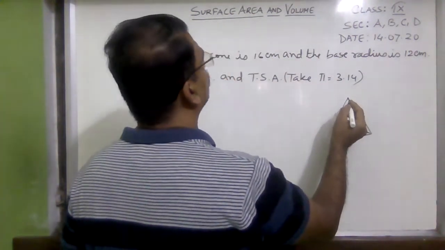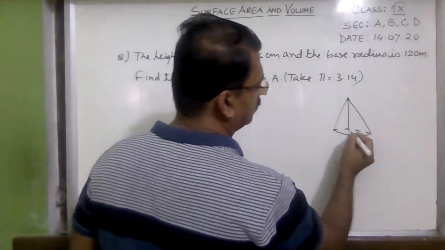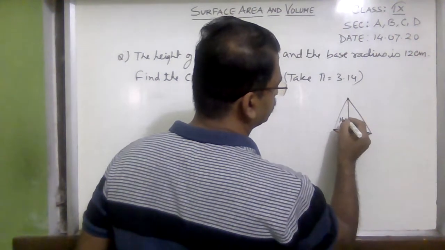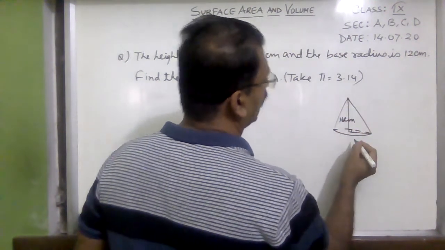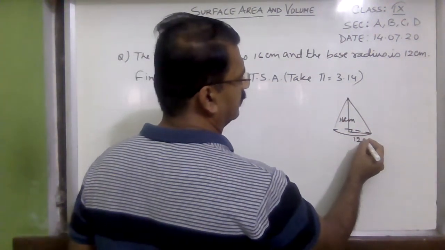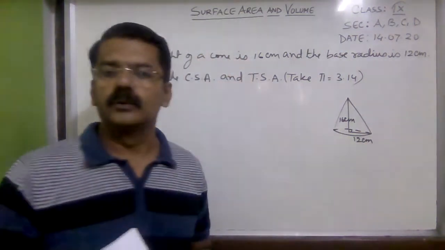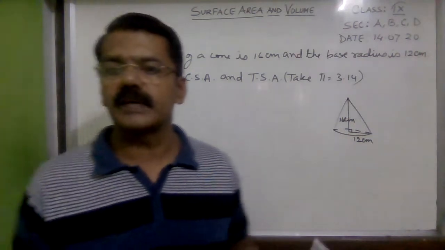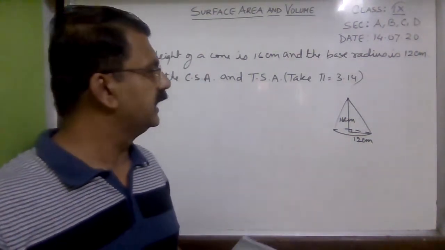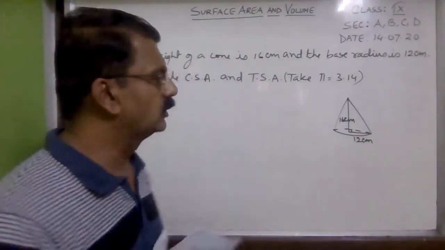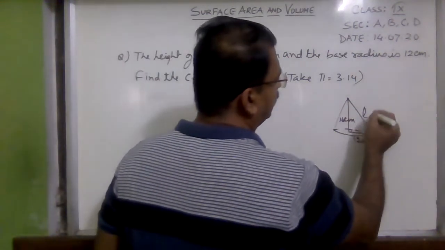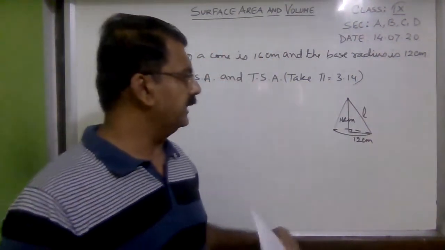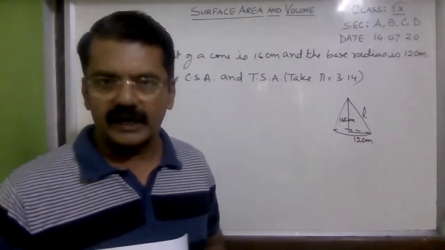the height of the cone as 16 centimeter and the base radius is 12 centimeter. Now to find both the curved surface area and total surface area, we need the slant height. So to find out the slant height, we will apply Pythagoras theorem in this right angle triangle